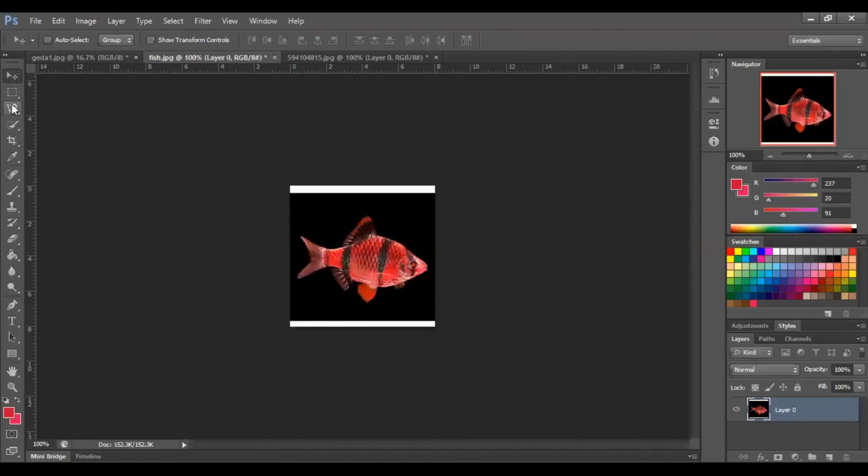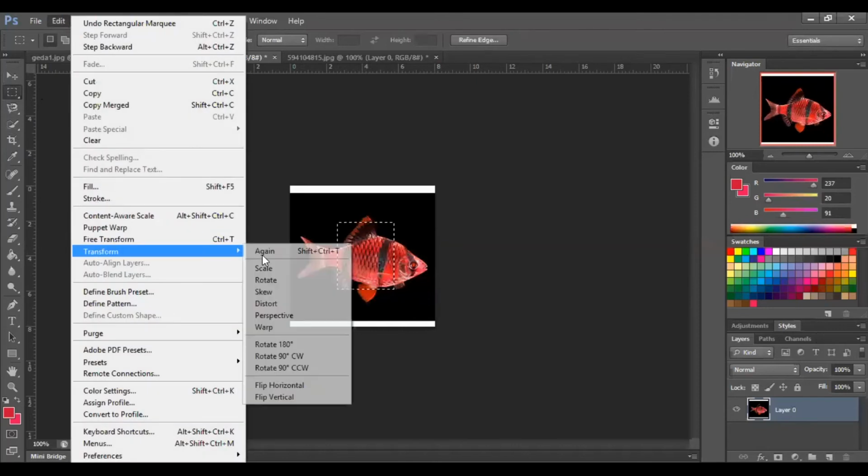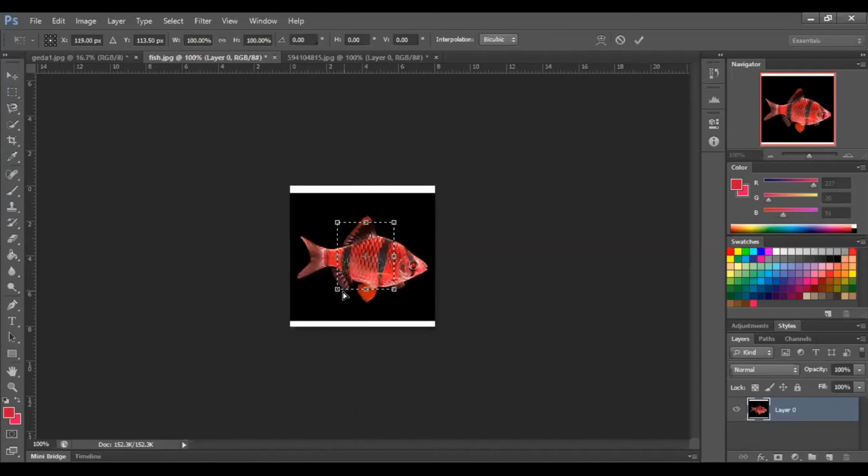Suppose I select a particular area using the Rectangular Marquee tool in an image. Now on the selected area, I am going to apply Distort. See, you can also transform a particular part of your image.